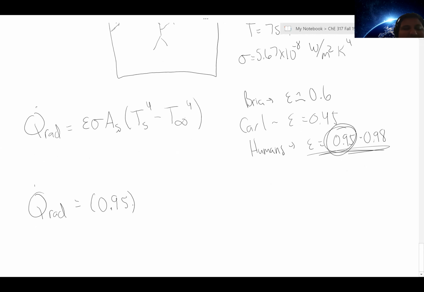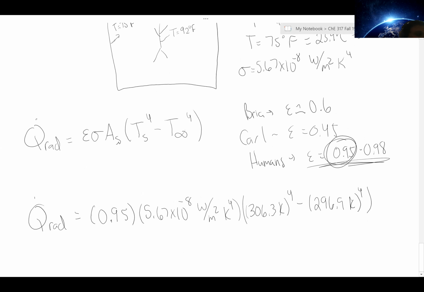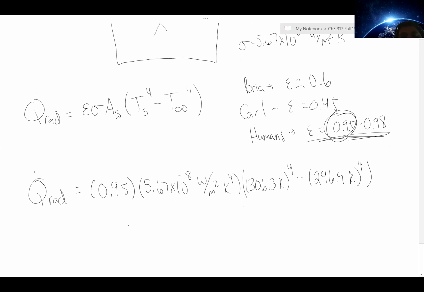So assuming an emissivity of this person of 0.95, we can solve for the radiative heat transfer of the person just standing around in the room not doing anything. It's 0.95 times 5.67 times 10 to the minus 8 watts per meter squared Kelvin to the fourth, times the surface temperature, which is about 306.3 Kelvin to the 4th power minus 296.9 Kelvin to the 4th power. And if we do this calculation, we find that we get a value of approximately